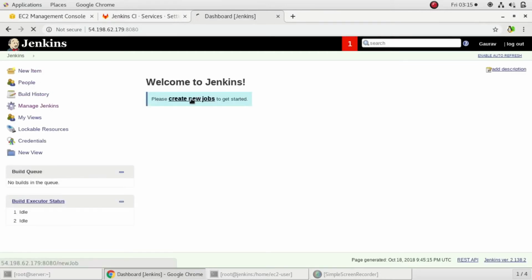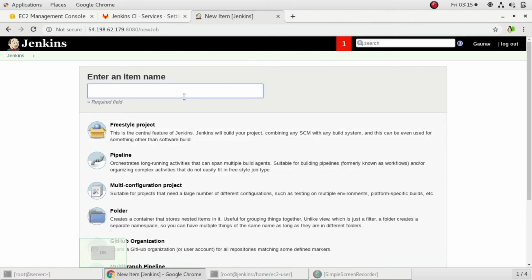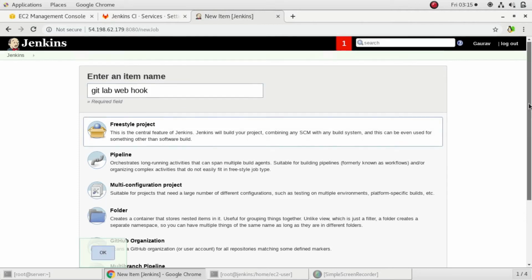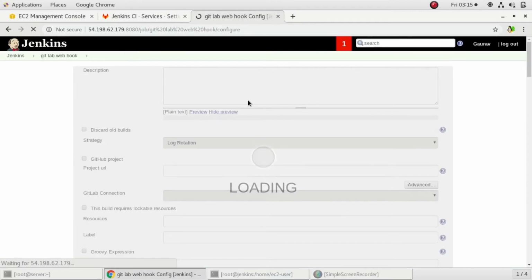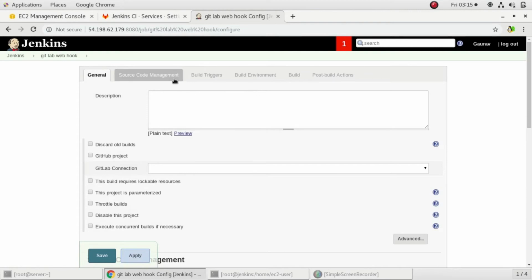I'll name the project GitLab webhook; you can give any name. I'll choose Freestyle project. In the description I'll put GitLab webhook.